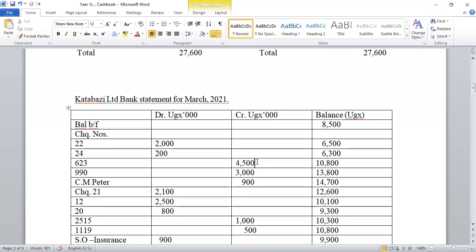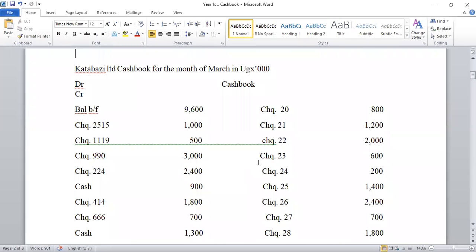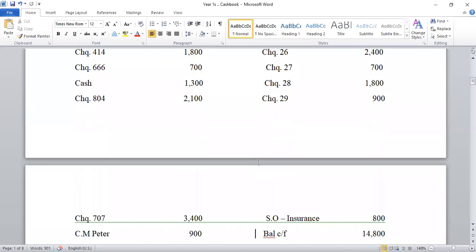Are we together on that? So because they've not been reflected in the bank statement, once they pass, they're supposed to pass as payments. Okay, so it's supposed to be reflected on the debit side. Now here you find that they have put it on the credit side. So like I already told you, maybe you can confirm if there's any note about check 623. Tell us whether there's any error, whether they're specific where the error was done. If they're not specific, then it means the error was done in the cash book.